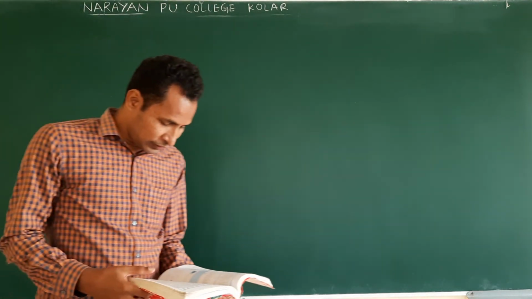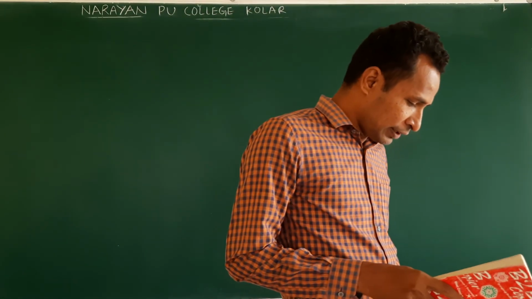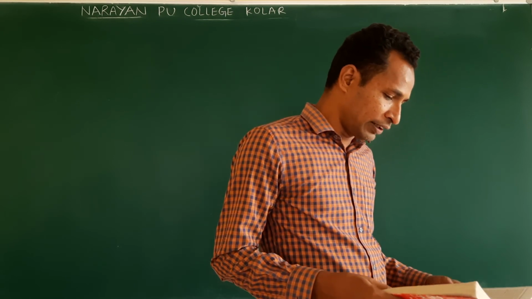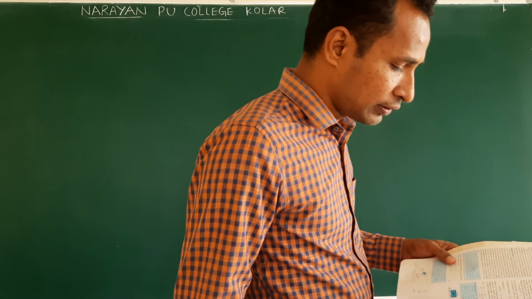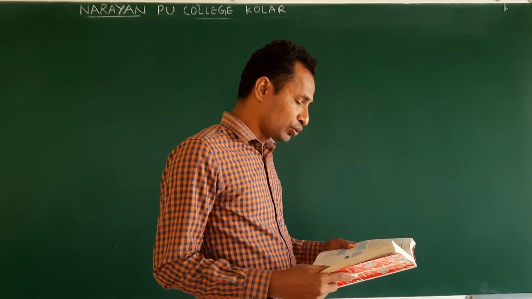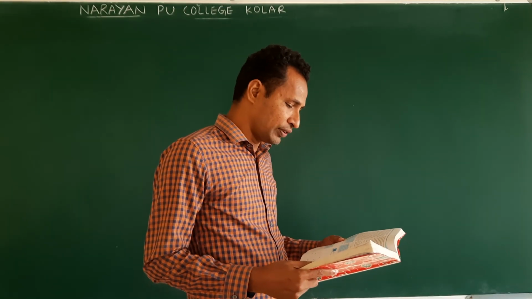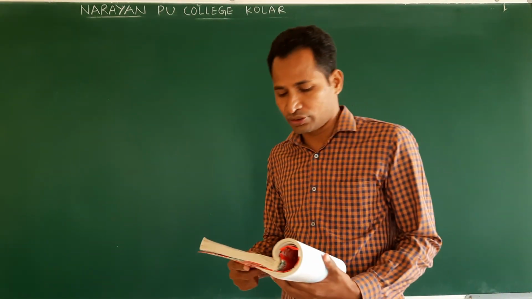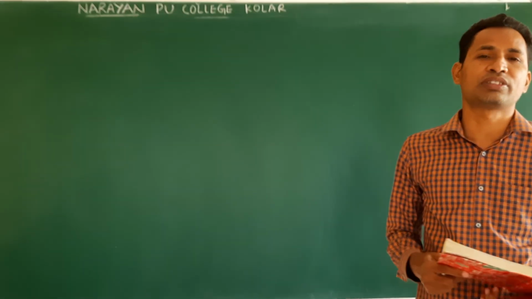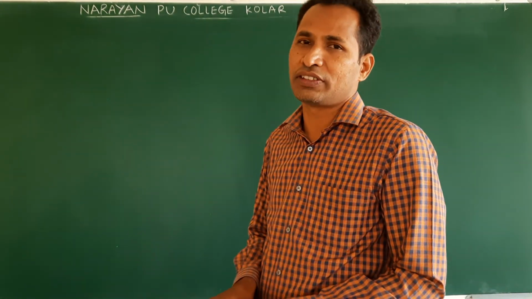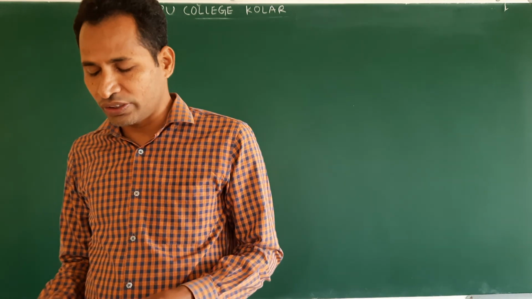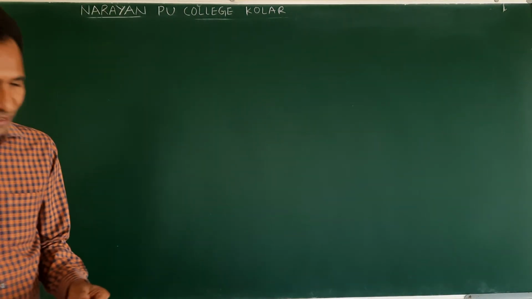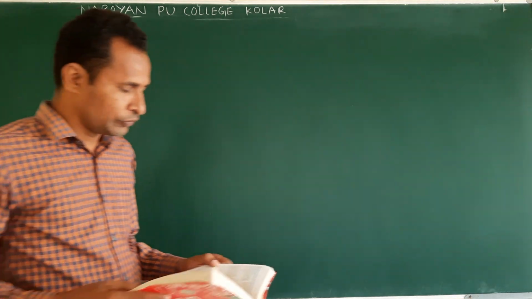Good morning, friends. In the last class, we were discussing the ninth example problem, 5.9. I explained how to solve it and how to frame the equations, and we calculated an acceleration of 9.6 meter per second square. I asked you to substitute that acceleration in any one of the equations. You will get a tension of 27.1 Newton. Next, rolling friction is there, that we will see at the end of this lesson.